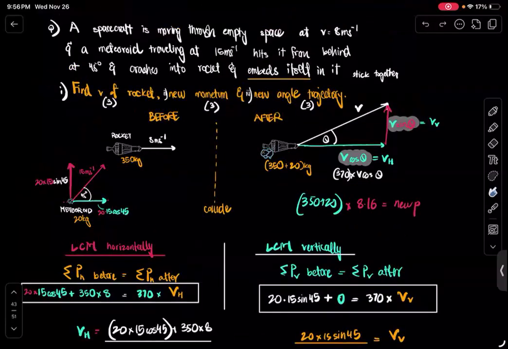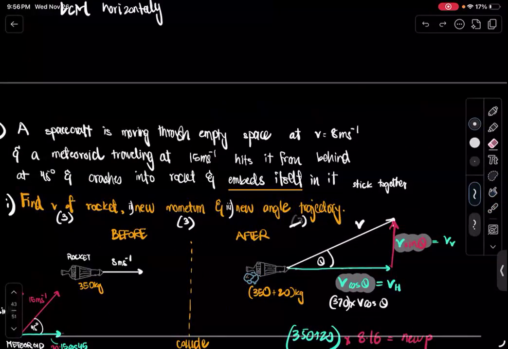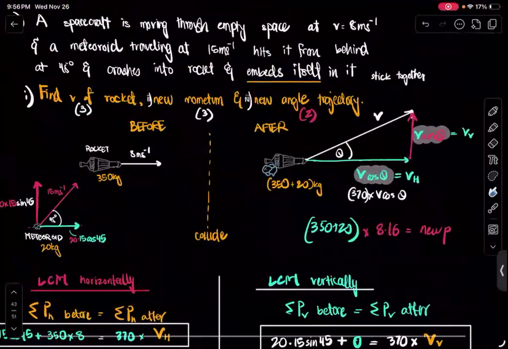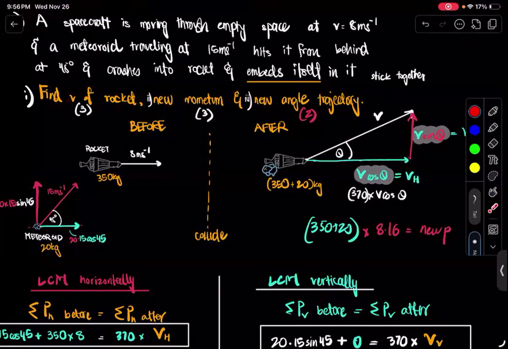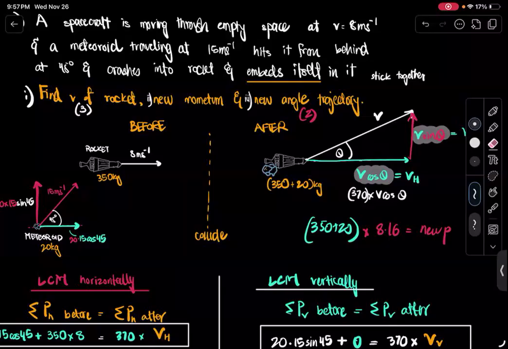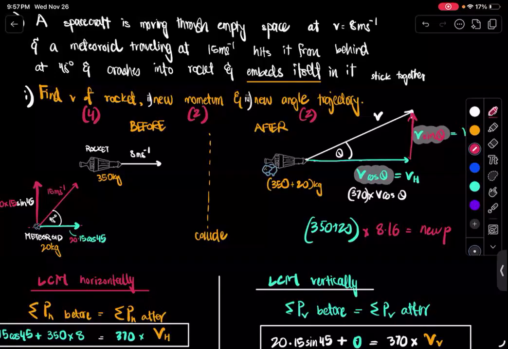This is not just a single question. This is like separate 3 big questions. The angle trajectory wouldn't be worth that much. That would be like 2 marks at best because you just had to use tan theta to figure out the angle. The most important part was finding velocity. If you figure out velocity, the rest is pretty easy. Even for momentum, I think just 2 marks would be good enough. So for velocity, you should have gotten 4 marks. For new momentum, 2 marks, and new angle trajectory also 2 marks.